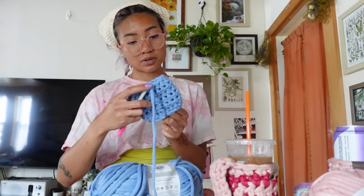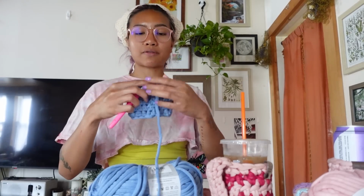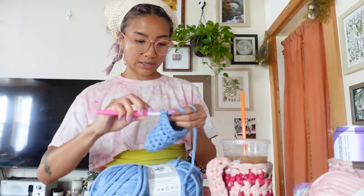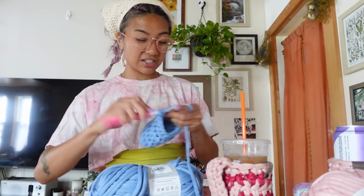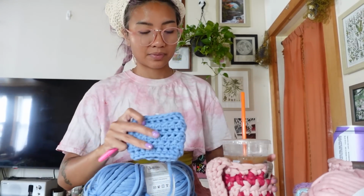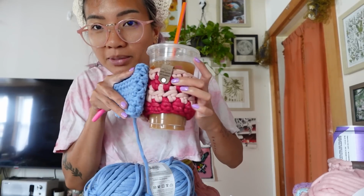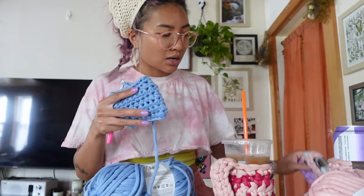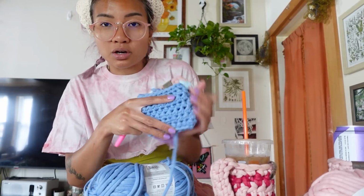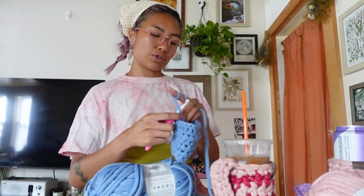Alright, so that was 6 rows. 6 rows of half double crochet. I'm going to do 1 row of single crochet, because that's how I usually end them. And let's see if it's necessary. Ta-da! So it's a teensy bit bigger than the short, but it's also a teensy bit smaller than the tall. So it's right in the middle. So I like that. And now to do the handle, which usually is